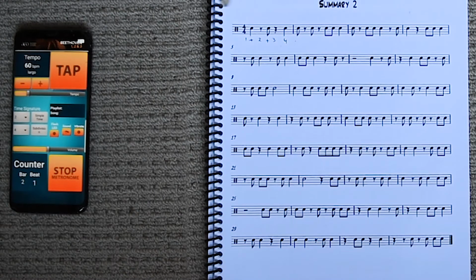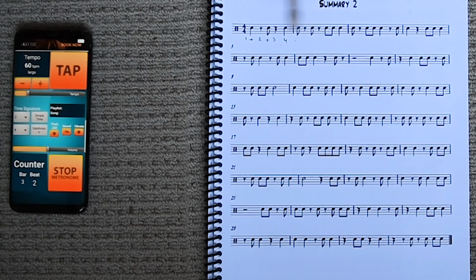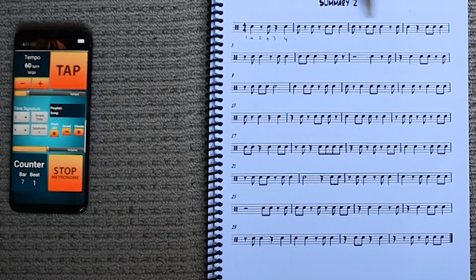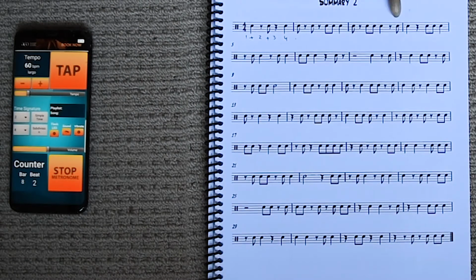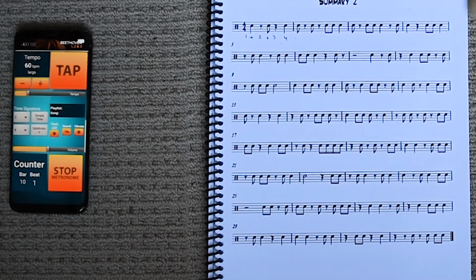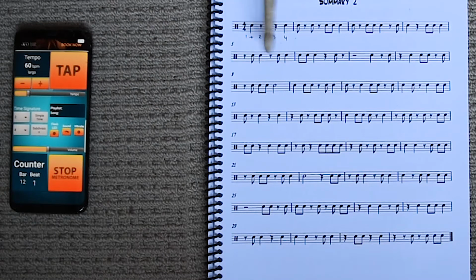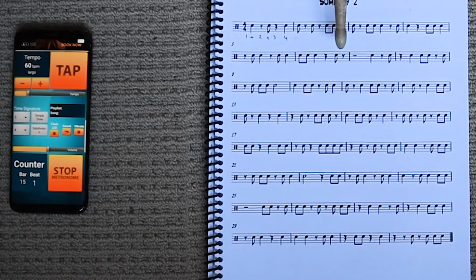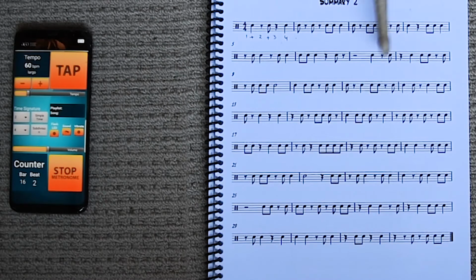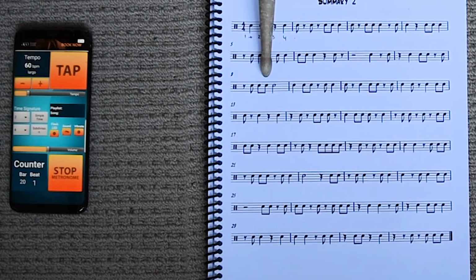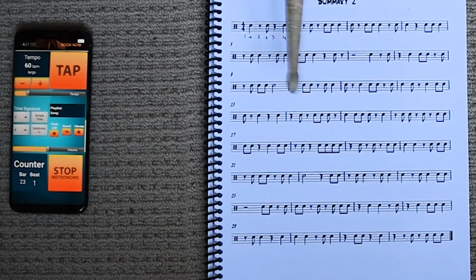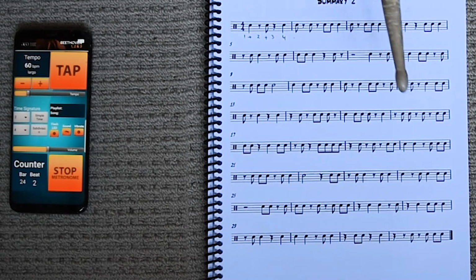2 and 3 and 4 and 1 and 3 and 4 and 1 and 2 and 3 and 4. 1 and 2 and 3 and 4 and 1 and 2 and 3 and 4. 1 and 2 and 3 and 4 and 1 and 2 and 4 and 1 and 2 and 3 and 4 and 1 and 2 and 3 and 4 and 1 and 2 and 3 and 4 and 1 and 2 and 3 and 4 and 1 and 2 and 3 and 4 and 1 and 2,